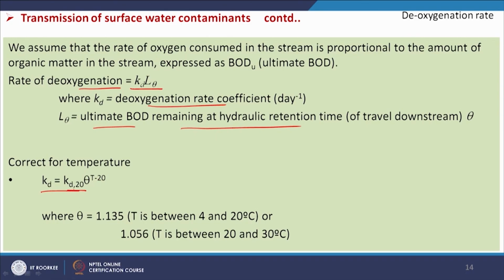So, here Kd 20 is the value of the deoxygenation rate constant at 20 degree centigrade, and the theta value is 1.135 when T is between 4 and 20 degree centigrade, and 1.056 when T is between 20 and 30 degree centigrade. So, these are recommendations people have already worked out, and they are mostly used